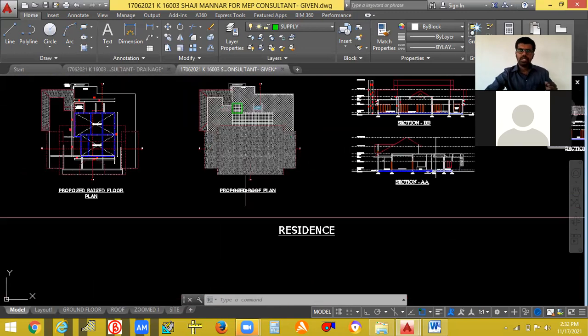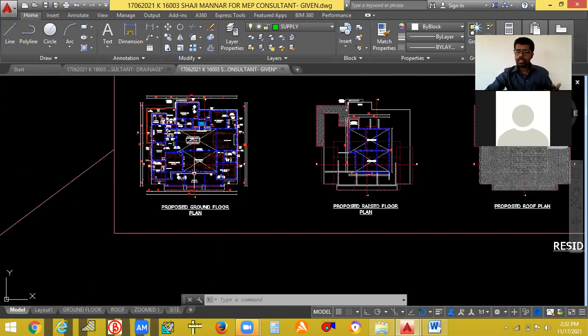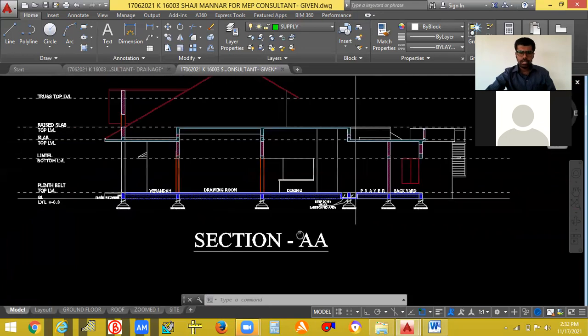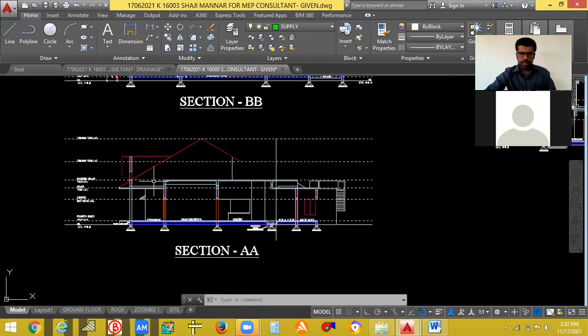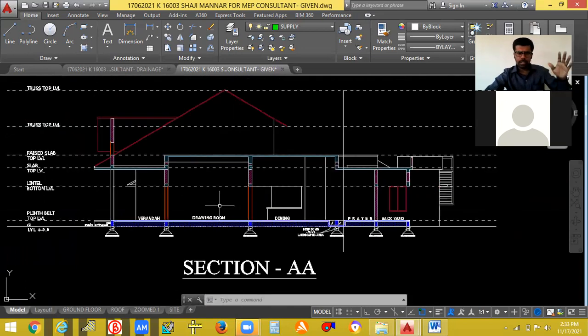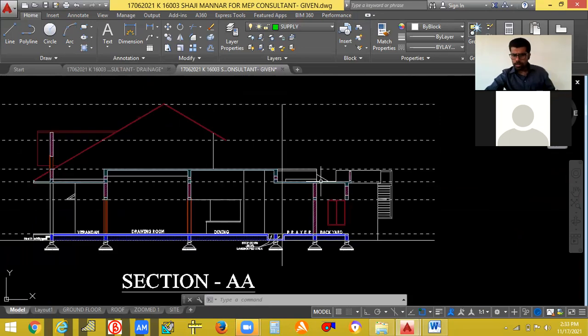Okay, so you have to study all those things. Okay, you have to just go through where and all these toilets are there. Okay, how can you route it? All you have to study, and then only you will be able to raise an RFA itself. Then they will be giving the section drawing also. See, this is the section drawing. Okay, this is the drawing room, veranda, dining. So we have to compare the section with the plan drawing, and we have to decide where to keep the overhead tank, underground tank, like that.